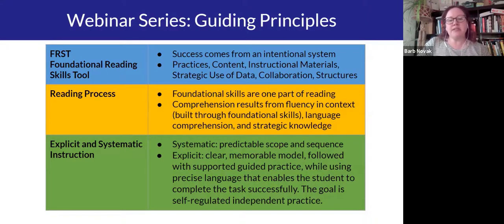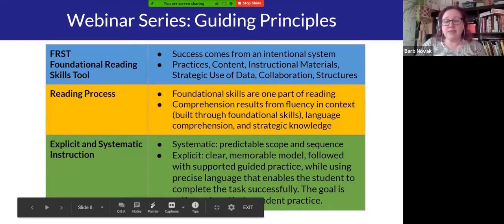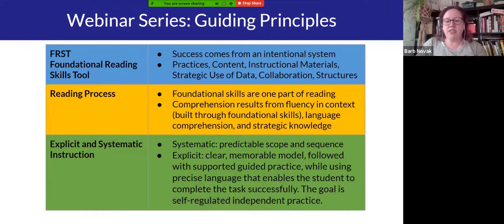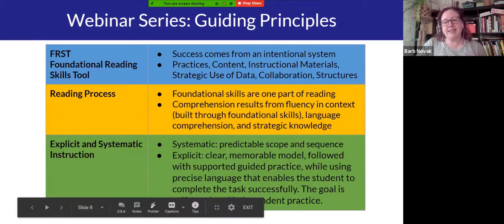And that foundational skills are developed through explicit and systematic instruction. So instruction is systematic when it follows a predictable or intentional scope and sequence. It's explicit when there's a clear and memorable model, followed by guided practice with feedback, and the use of really precise language on the part of the teacher or teachers that enable the student to complete the task successfully. And the ultimate goal of that explicit and systematic instruction is the application of skills and strategies consistently and correctly